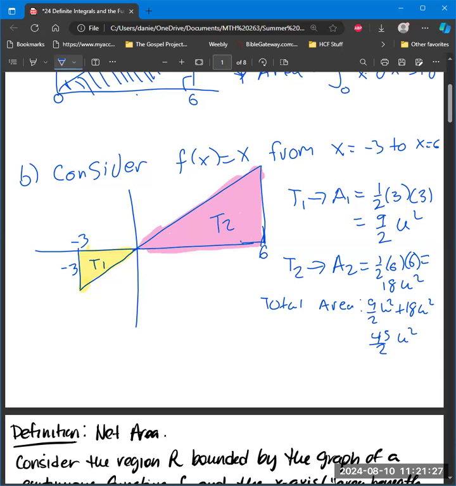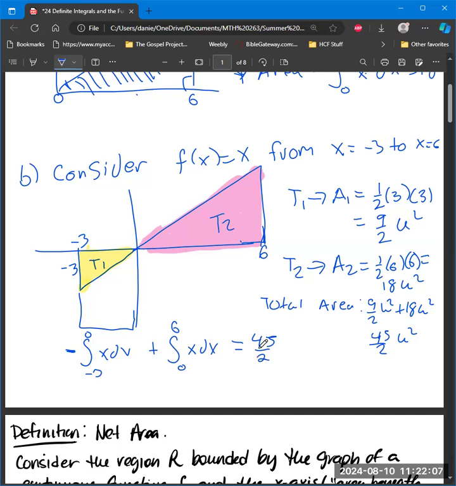Looking ahead, we're going to have to define this one with a definite integral here as the opposite of the integral from -3 to 0 of x dx, because this area is below the x-axis. We need to multiply it by -1 to make it a positive number. And then we'll need to add that to the integral from 0 to 6 of x dx. And that'll add together to give us 45 halves